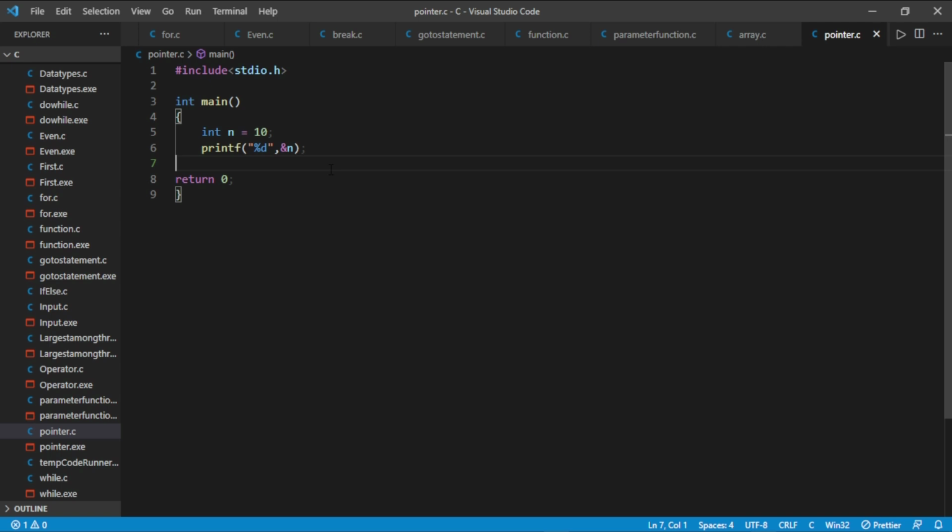There is a memory location where it is stored, and that is the address. So this is the address of this number. And now if we want to store the address of this number in a variable, then we can use a pointer, like int *p = &n. We can also declare the variable like this, int *p, and then assign the value like p = &n,